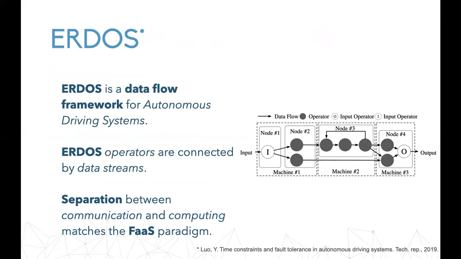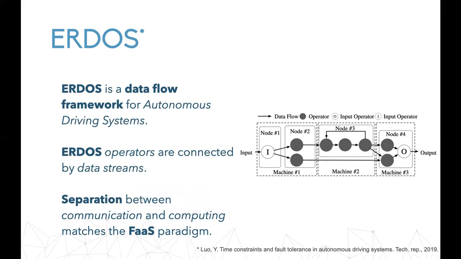Now let's take a look at some background research we have done for our paper. Let's start with ERDOS. ERDOS is a data flow framework for autonomous vehicles, which comes from UC Berkeley. It's quite used and it's quite powerful. They use it for the autonomous driving simulator called Pylot, which won the CARLA Autonomous Driving Challenge, which means that with ERDOS and this Pylot simulator they were able to achieve a good level